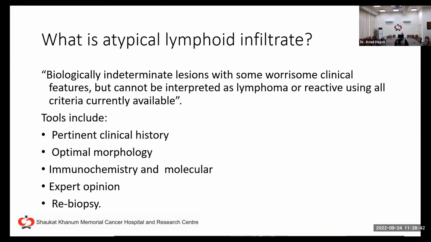Just a word about cases that you can't make a diagnosis. Sometimes we sign things out, I think hopefully less and less frequently now, as an atypical lymphoid infiltrate. Some people could describe this as a biologically indeterminate lesion with some worrisome clinical features, but again, the diagnosis cannot be made. So the currently available criteria and interpretation, again, these all vary depending on where you are and who's interpreting it. Important adjuncts would include, again, history, a good quality section and fixation and morphology, and how extensive is the immunohistochemical panel that you have available to you, what adjunctive molecular testing is available,